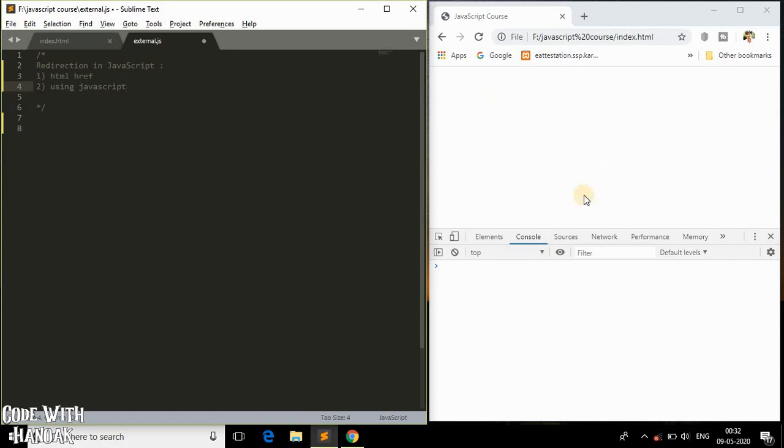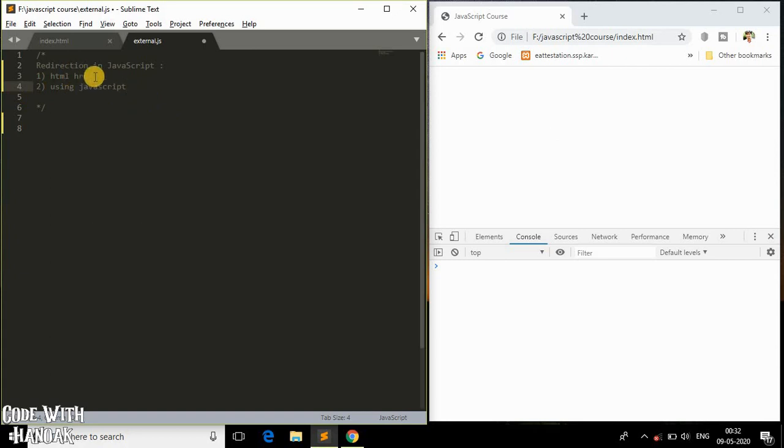Let me say you have a login page. The user will enter his login ID and password and click on a login button. So when he clicks on the login button, you need to do some client side processing and validation, and get his email and ID to be processed. If it is successful, you need to redirect him to another page, right? This is how we basically do it in actual web development, but it is done totally using JavaScript. So it has a huge advantage of using JavaScript in redirection.